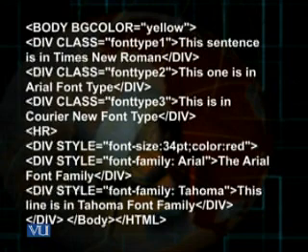Then there are in fact 3 div tags. You can see in the first div tag I have used the inline style, font size 34 point, color red, and this div tag, it is closed just before the body tag. You can see that.